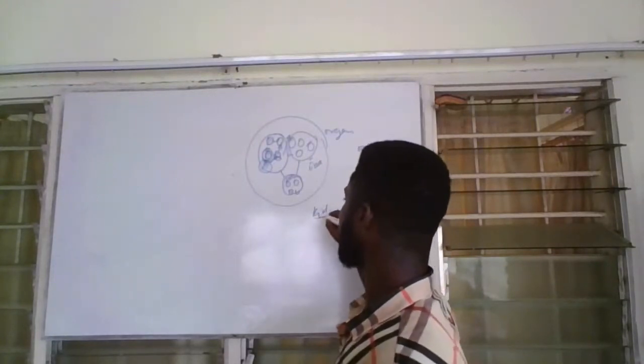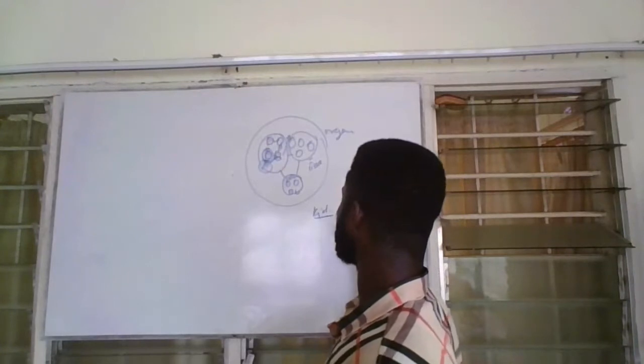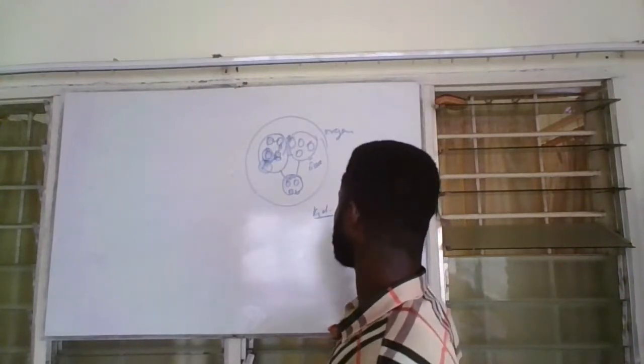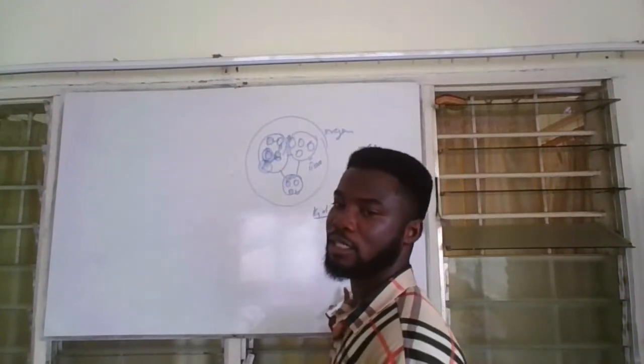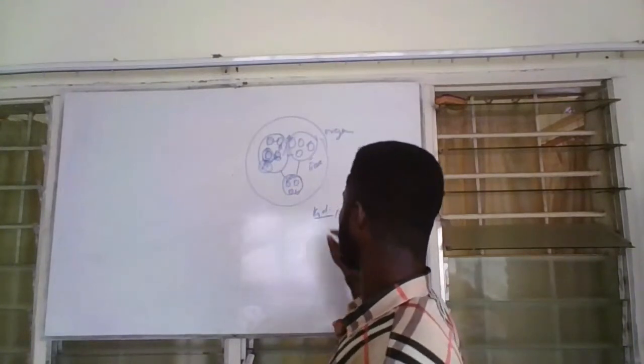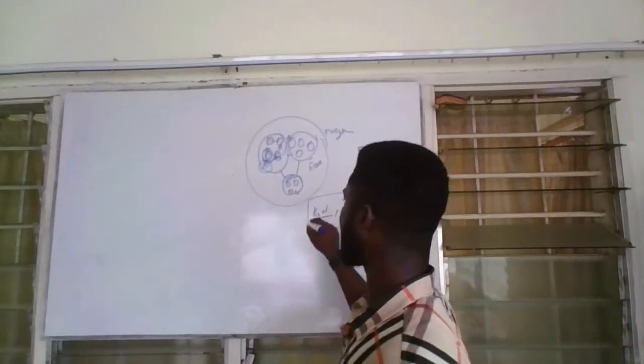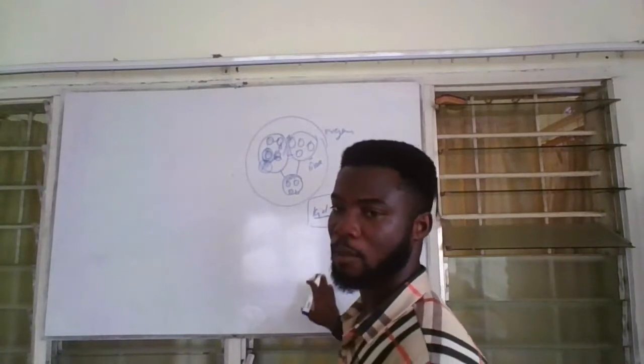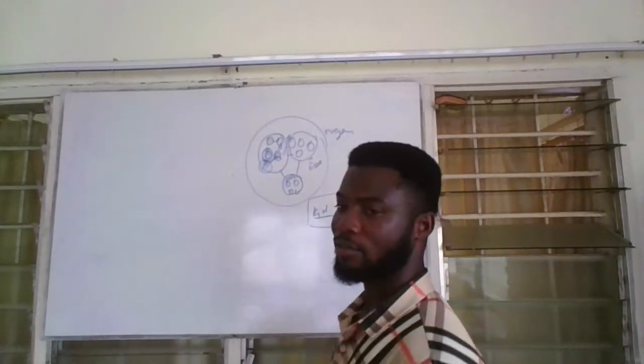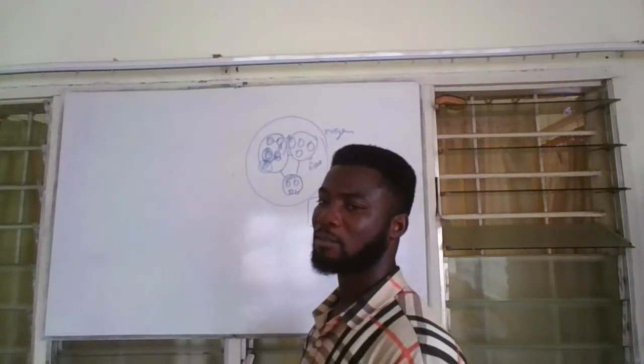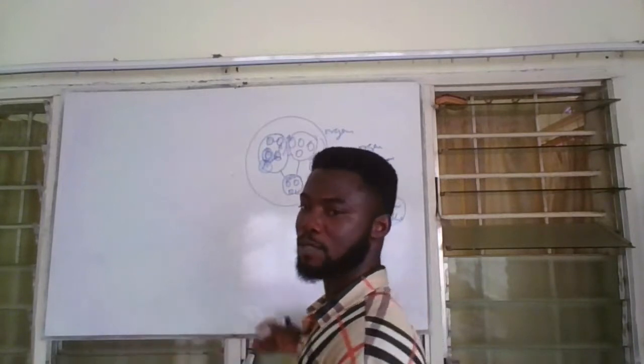So if the kidneys are affected, it is in relation to these ones. There is a possibility that the whole function of the urinary system may be affected. If the whole urinary system becomes affected, meaning the system has been affected, there are other systems that are related to that same system.